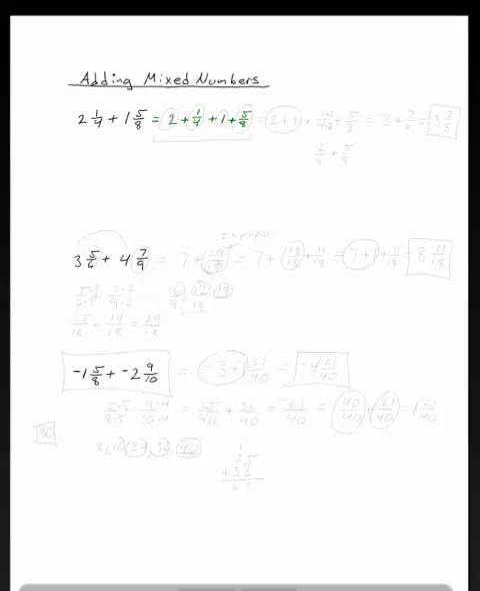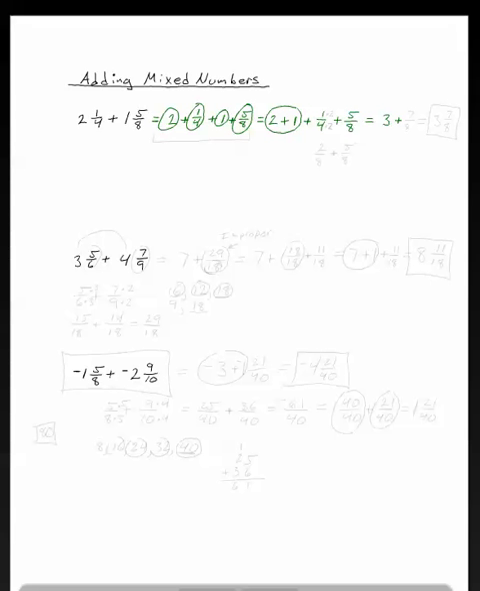Now this is all addition, so we can use the commutative property of addition to rearrange it. So we're going to write the whole numbers first. 2 plus 1 plus, now we'll write the fractions. 1/4 plus 5/8. Now the 2 plus 1 is just 3